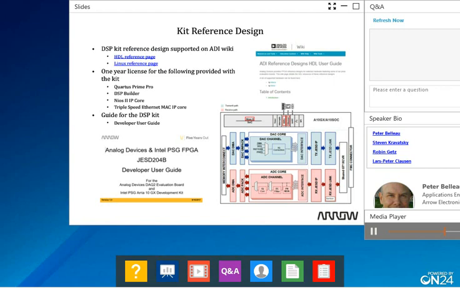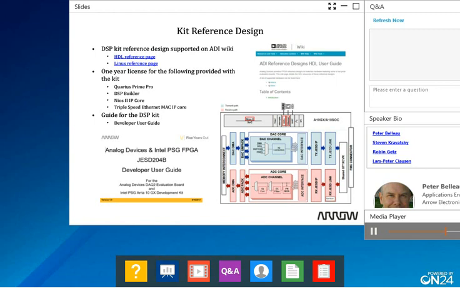ADI provides user guides for the reference designs on its ADI Wiki website. Source code can be downloaded by the developer and used as a starting point for their custom designs. The developer's guide has been created for the Arrow high-speed data acquisition kit. This guide intends to provide a seamless initial out-of-box experience. It also navigates the user through the steps required to download the source for the reference designs and build them. The kit includes all the necessary tools and IP licenses required to build the reference design.